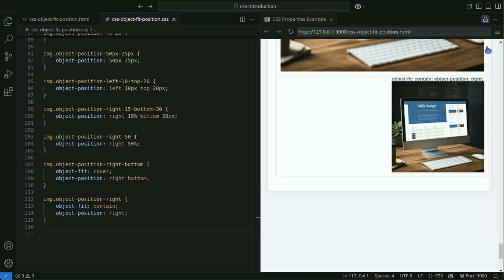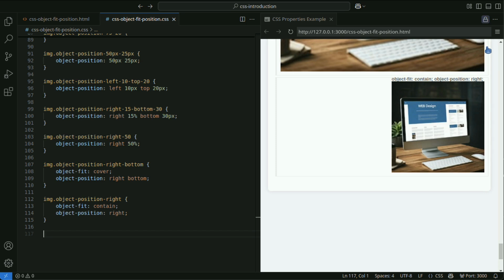In this case, by adjusting the display position with object position, you can ensure that important parts are shown. Percentage specifications may not always be intuitive. It's necessary to consider the container's size and aspect ratio and experiment with different values. Using developer tools to adjust in real time is effective.